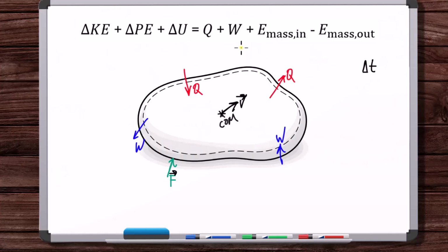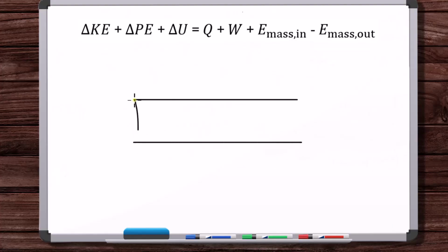Okay, now when working with the first law, you'll also sometimes hear the term flow work. And this is primarily in reference to when mass is transferred into or out of a system, mass is transferred across the system boundary, and specifically mass in the fluid form, the liquid or gas form. So, for example, if you have a fluid,